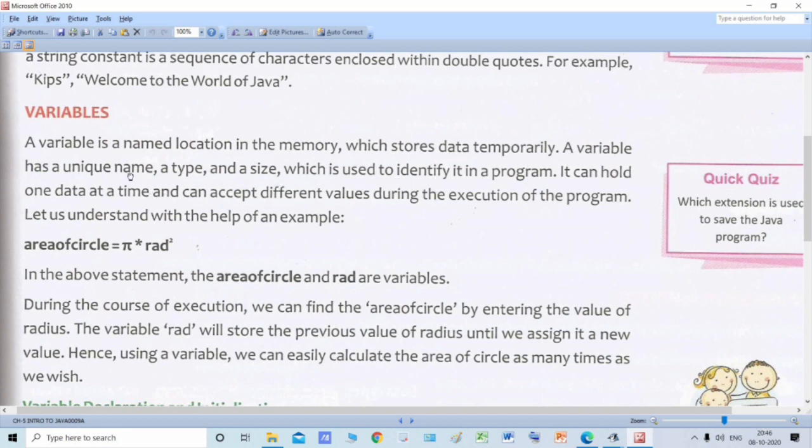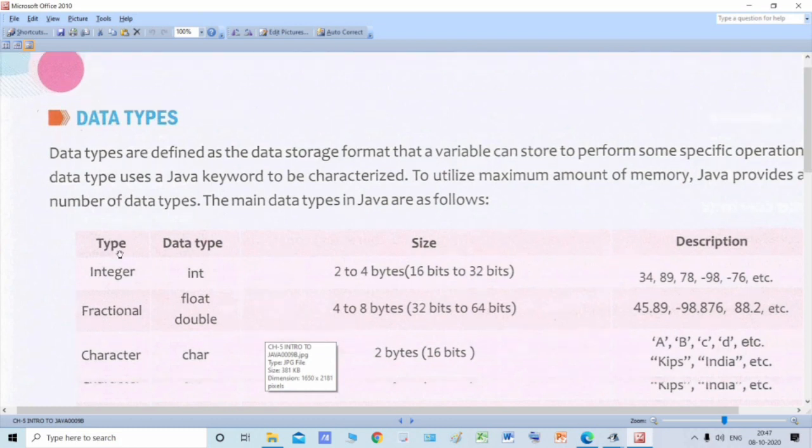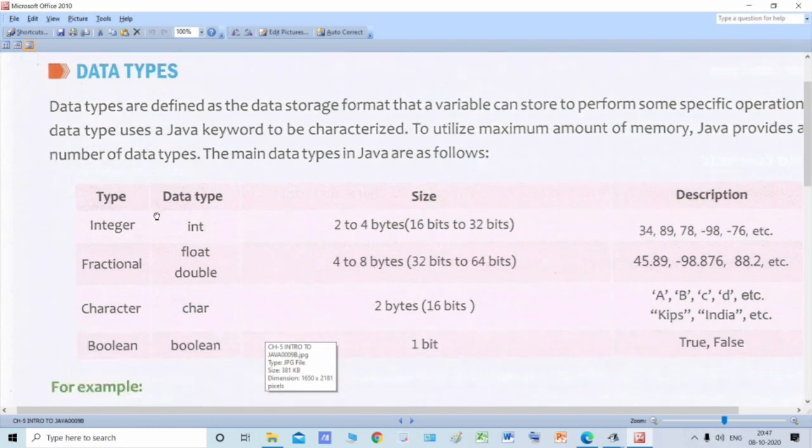Okay, a variable has a unique name, a type. Every variable has a type. What are the different types of variable? That we will study in this topic, data types. See, variables are of different data types: integer, or we can call it int in Java, then float, double, then char and boolean.